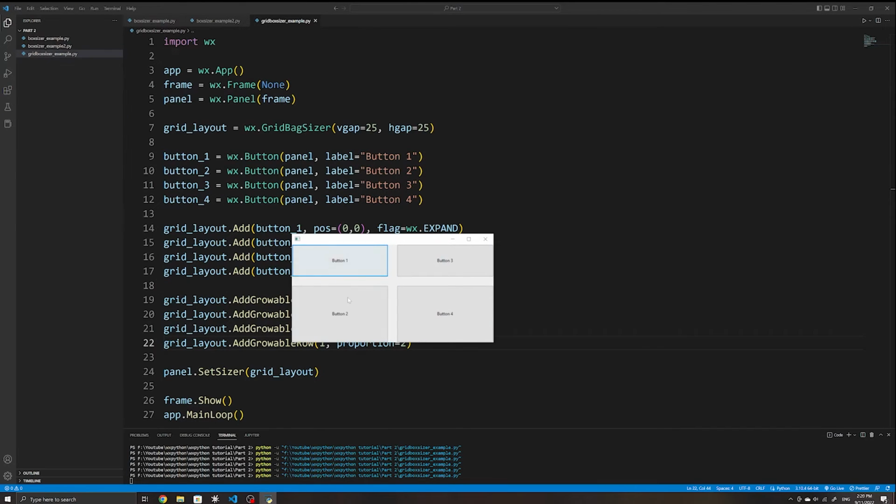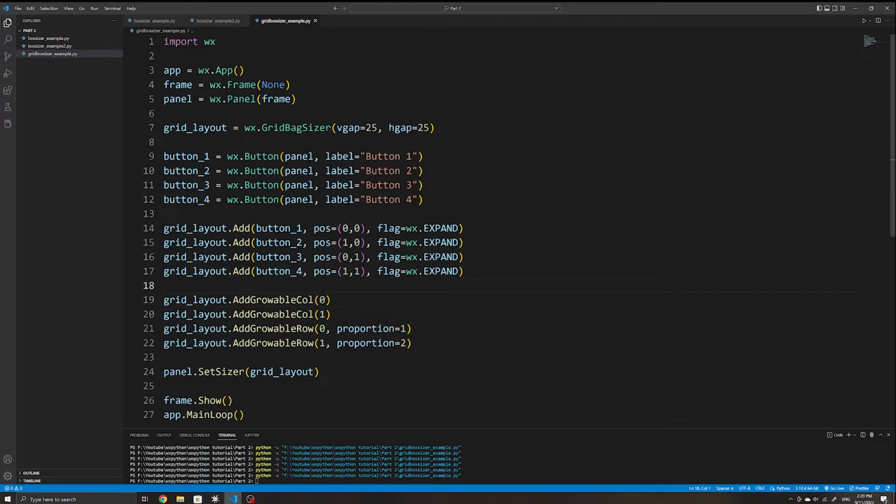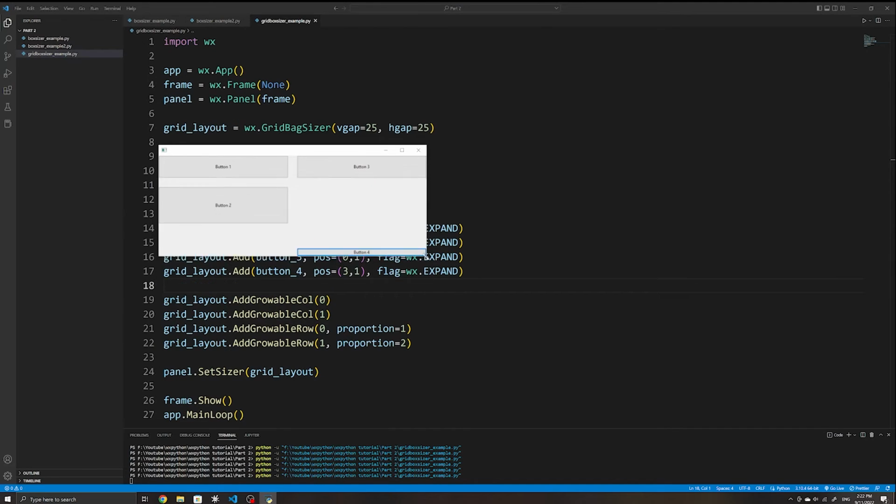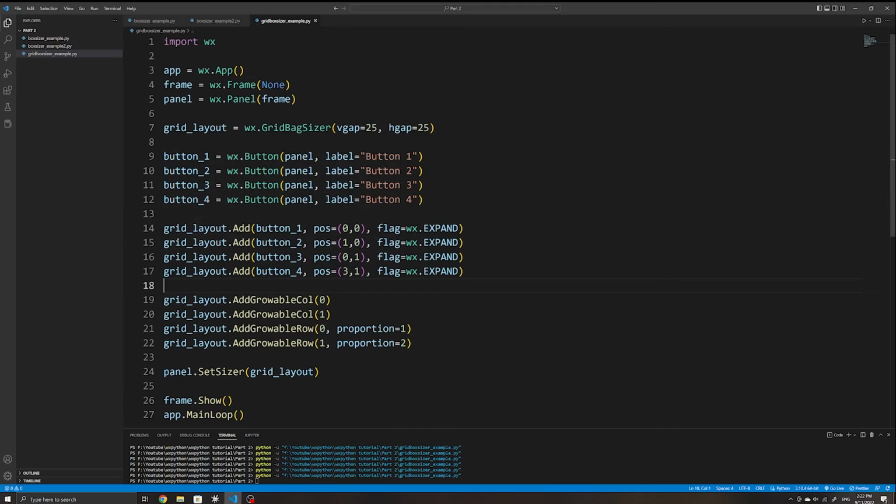Now what's so useful about our GridBagSizer here is that we can easily modify the positioning of the different widgets. For example, if we want the fourth button to be below all of our widgets, we can just change the row. We can also allow for our widgets to span multiple columns or rows. Just to showcase this, I will make the fourth button span across 2 columns. To do that, I'll first make it start at the bottom left hand corner. So I'll give it a position of (3, 0) to make it start at the 4th row and at the 1st